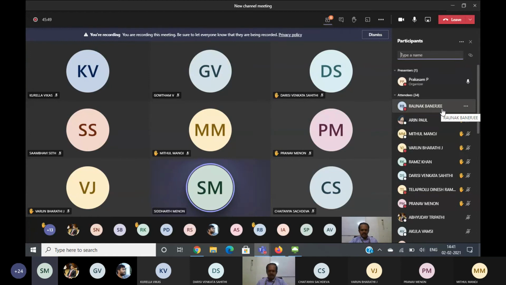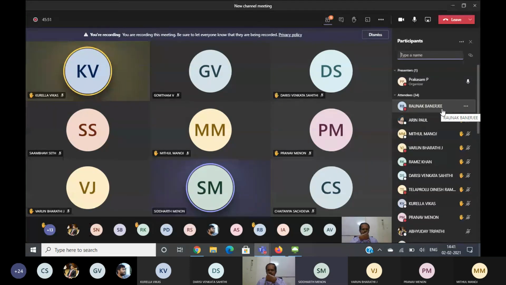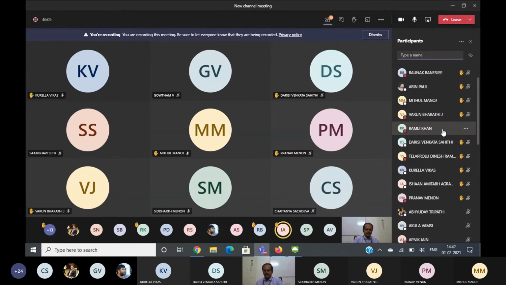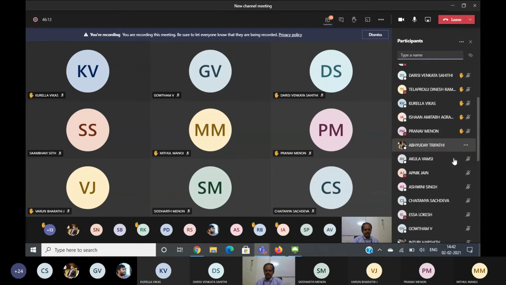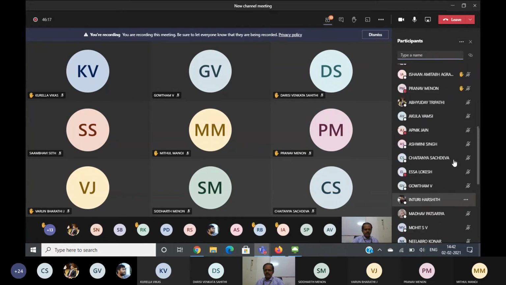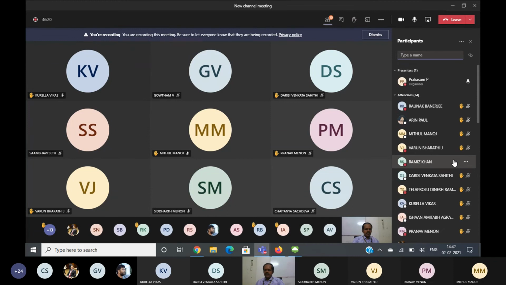Sir, after that, we need to give our Z drive credentials. Yeah. Your register number is the username, and the password is the Z drive password. So this is available 24x7.